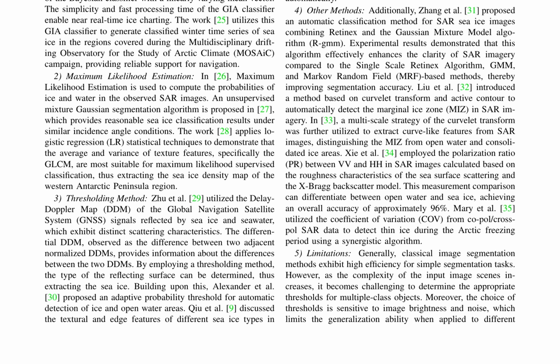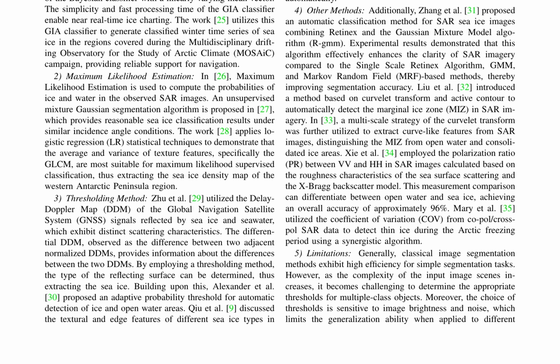The differential DDM provides information about the differences between the two DDMs, allowing for the determination of the reflecting surface type. Adaptive probability thresholds have been proposed for automatic detection of ice and open water areas. Other methods have been proposed, including combining Retinex and the Gaussian Mixture Model Algorithm, RGMM, for automatic classification of SAR sea ice images. Curvelet transform and active contour methods have been introduced to automatically detect the marginal ice zone, MIZ,